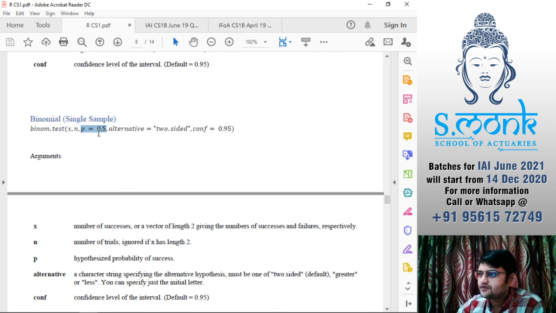By default it is 0.5. Alternative again, by default it is two-sided, confidence interval 0.95. So this is how we get binomial. In binomial you will have just one value, that would be nothing but the number of successes.